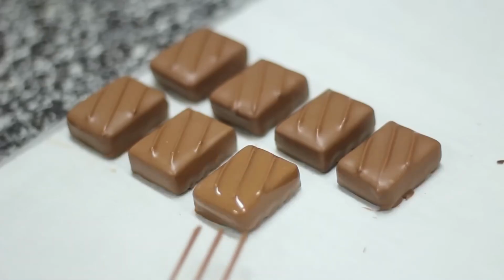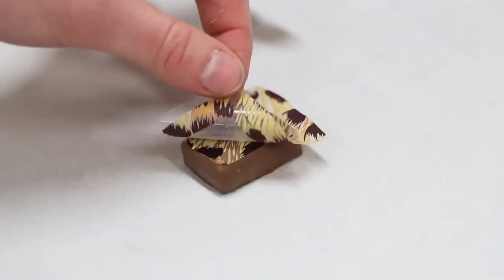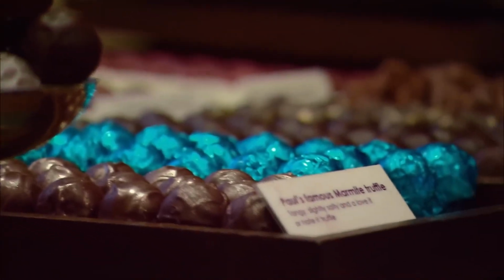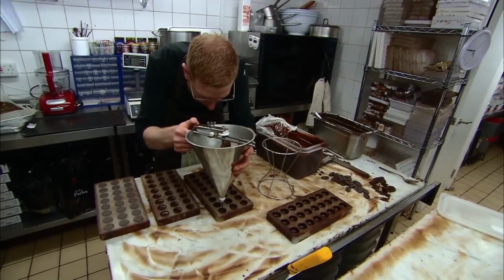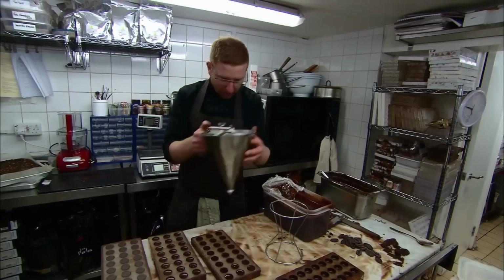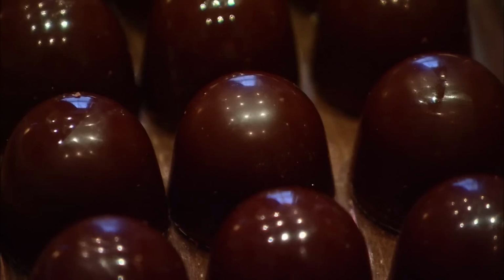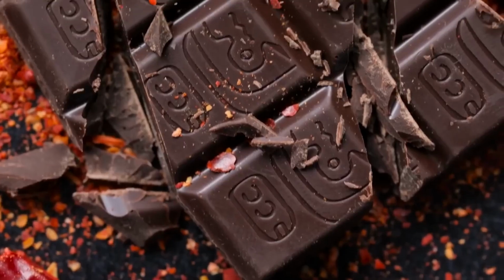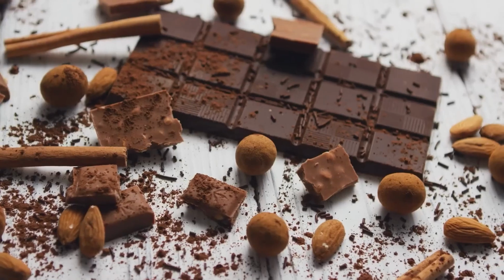Once completely solidified, the chocolates are carefully unmolded, inspected for quality, and prepared for packaging. Molding is the final step in the chocolate making process before packaging and distribution to consumers. It requires attention to detail and expertise to create chocolates that not only look appealing but also deliver a satisfying sensory experience when tasted. In conclusion, the journey of crafting chocolate from bean to bar is a testament to precision